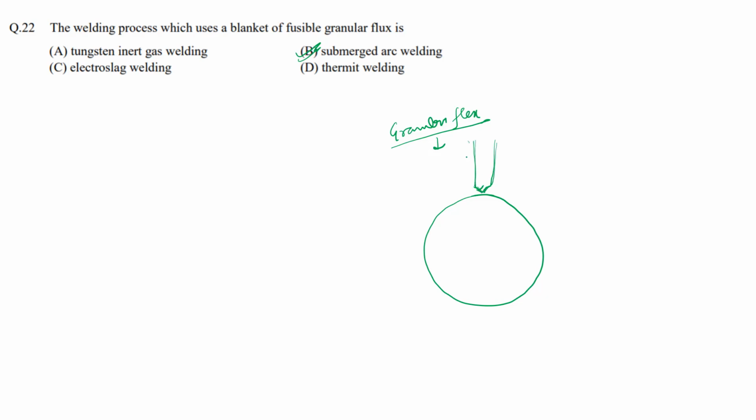This is an electrode, right? We put some arrangement so that it completely covers the arc which is produced, and now when it rotates, suppose it comes to this position. Or what we do, we rotate this circular piece. Once we rotate, whatever flux is over here, when it reaches this portion, there is an arrangement so that it gets sucked. So this is what happens in submerged arc welding. You can see the video also on the internet.